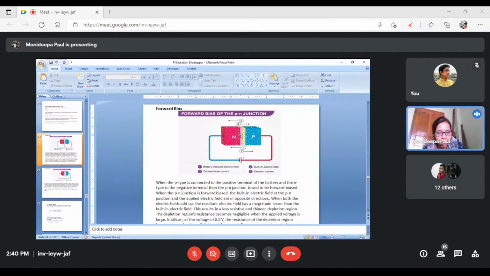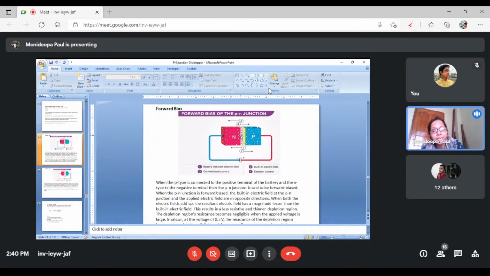When we connect this PN junction, or this semiconducting device, to the external supply in this fashion, that means the positive terminal of the voltage source is connected to the P side and the negative terminal of the voltage source is connected to the N side, we apply external voltage to this semiconducting material. Here you see this is positive and this is negative. Inside the depletion region, the electric field which develops inside the semiconductor material has a direction where this is negative and this is positive, just opposite to each other.